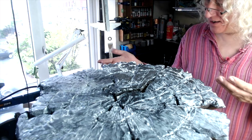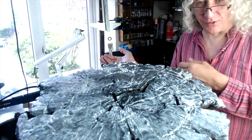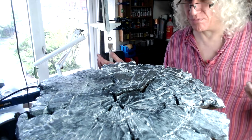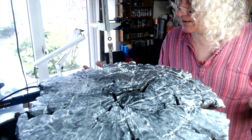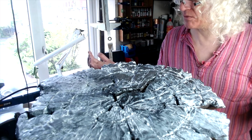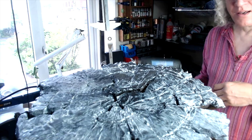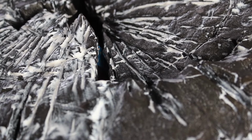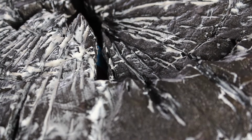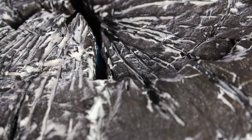Yeah, when I dry my PVA, I tend to put it out on the sill on a sunny day, and it dries really quickly. So it's the application of heat. That's my understanding, and it seems to be doing what I need it to do. So yeah, heat gun and heat. Just gotta wait for it to start bubbling, then you know it's at the right temperature. I mean, it might be at the right temperature before then, but